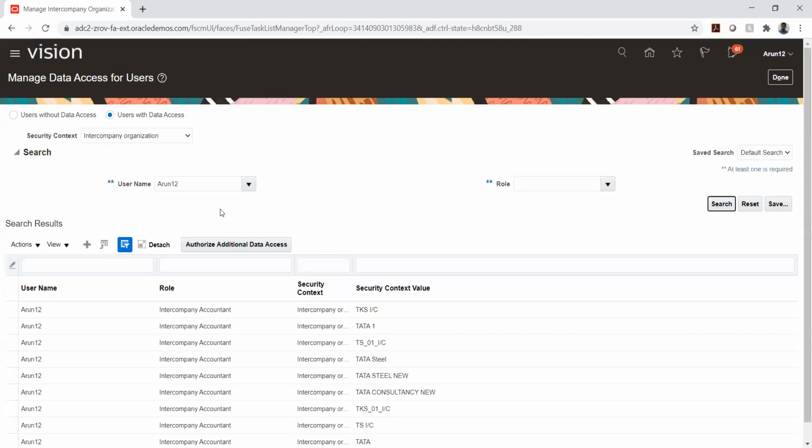So how are we identifying that these are the employee users, based on the roles that we are assigning? So if you see accounts payable and accounts receivable or general accountant or